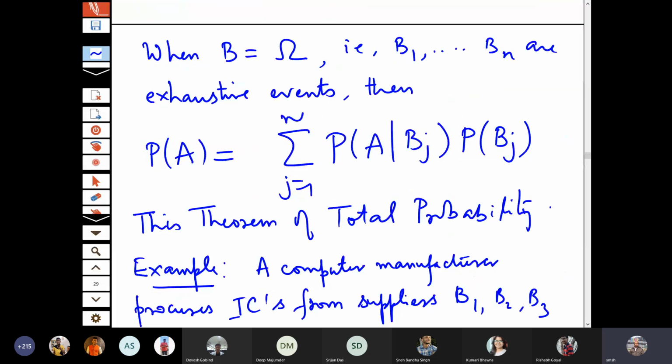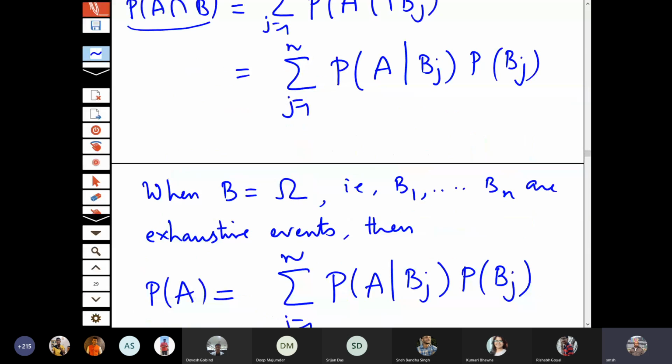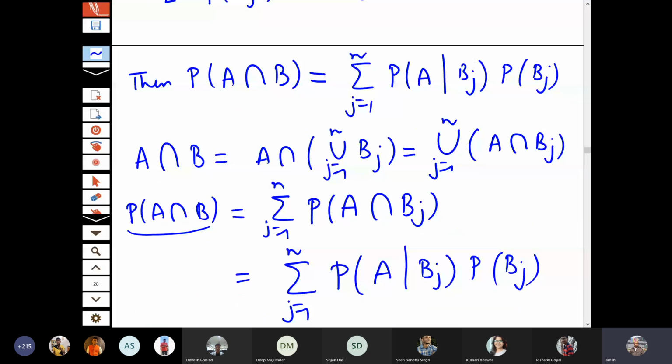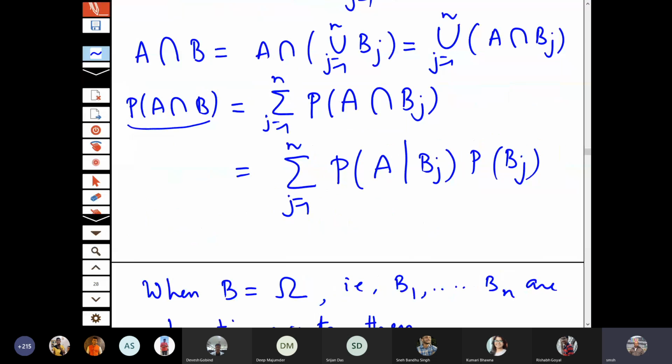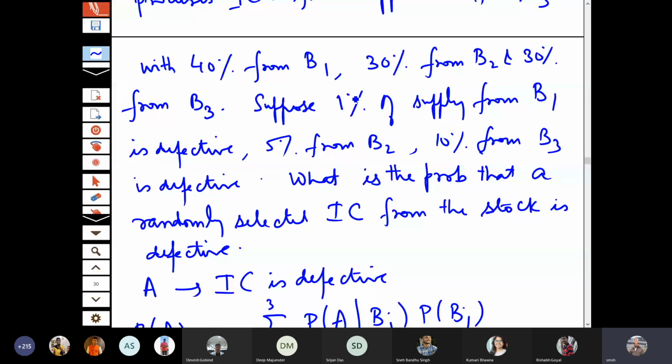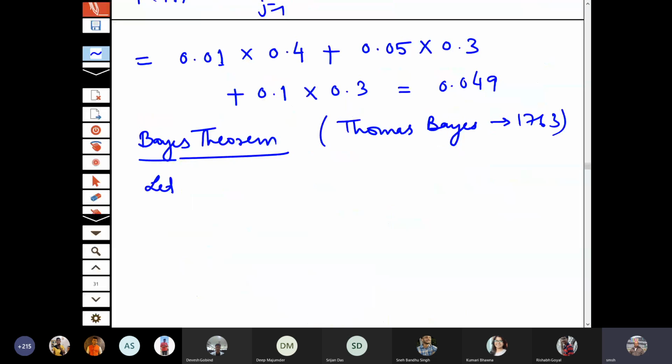So once again, one more remark that you can see here. I wrote B1, B2, Bn. But in place of B1, B2, Bn, you can also have an infinite collection, because the result will still be true, because the proof will still be the same. In place of this finite union, you just write an infinite union, and all other statements remain the same. So now I am writing for convenience in the finite case.